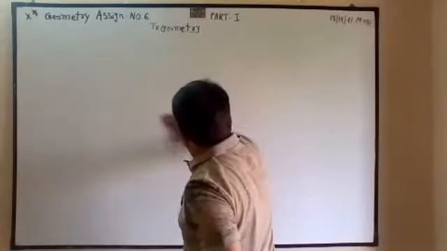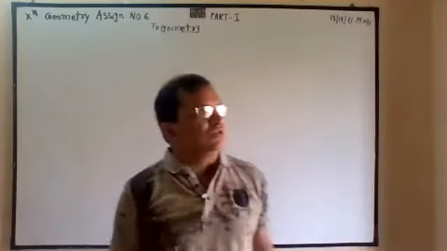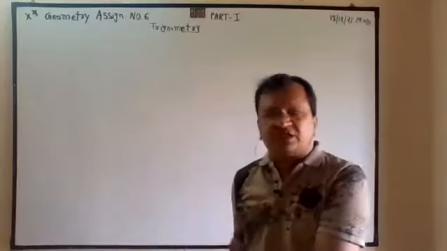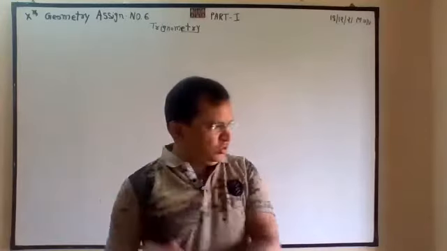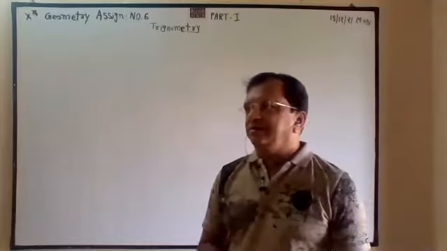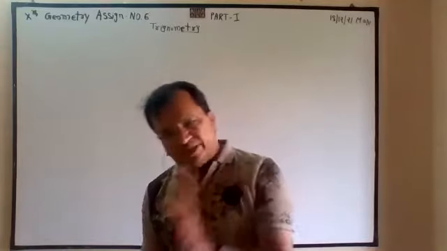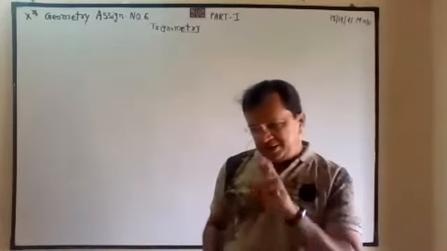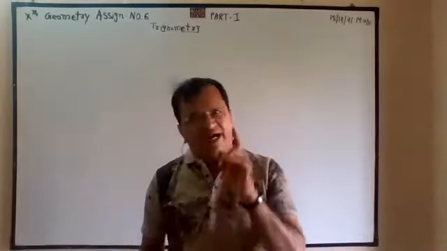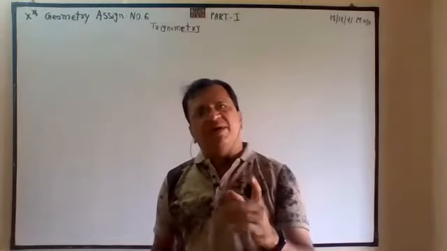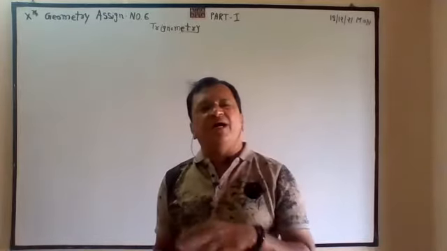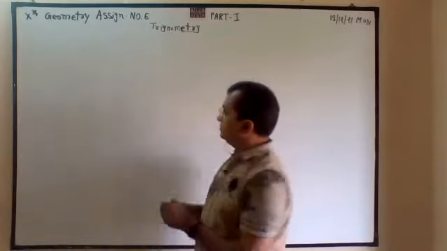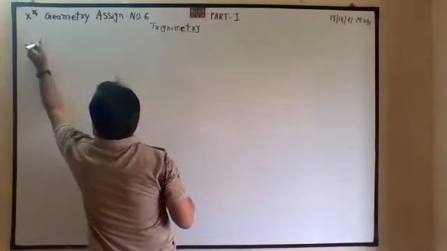Basically, trigonometrical ratios are six, but out of those six, only two ratios are basic. The rest of the four are dependent. And trigonometry is always related with a right angle triangle. You have to keep it in mind that in any triangle you can't apply trigonometry. Trigo means right angle triangle. That's it.